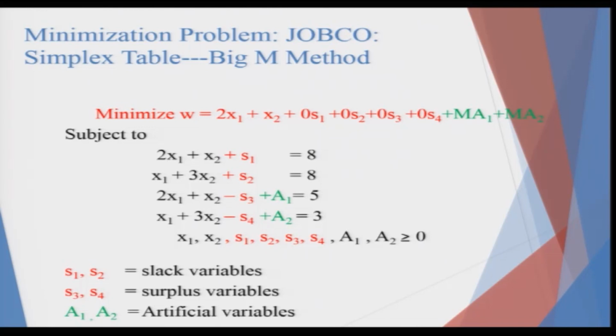Now, as you are adding the artificial variables A1 and A2, they would automatically come into the objective function, because as you change the constraint, technically the objective function would also change in its characteristics, even if the effect of those artificial variables and the slack and the surplus in the long run would definitely be 0.